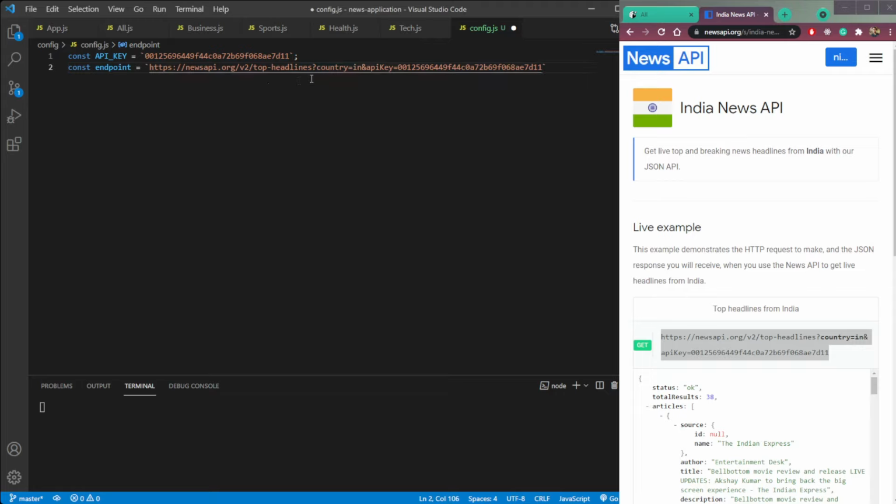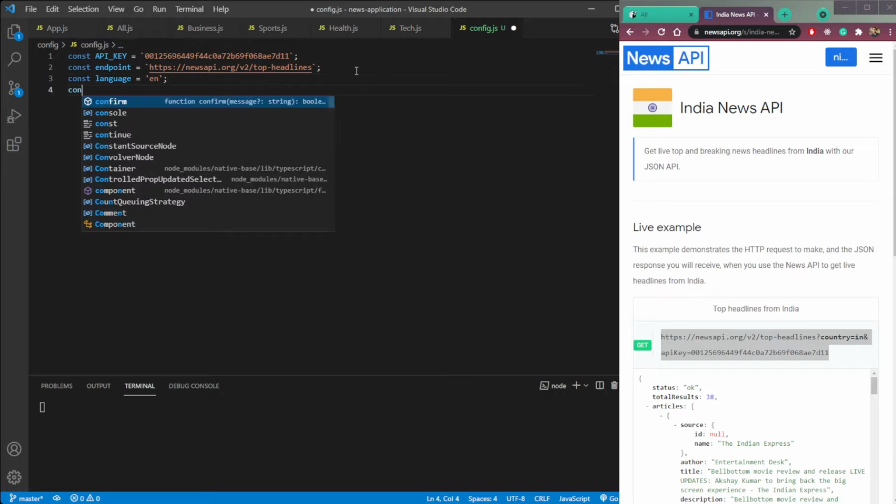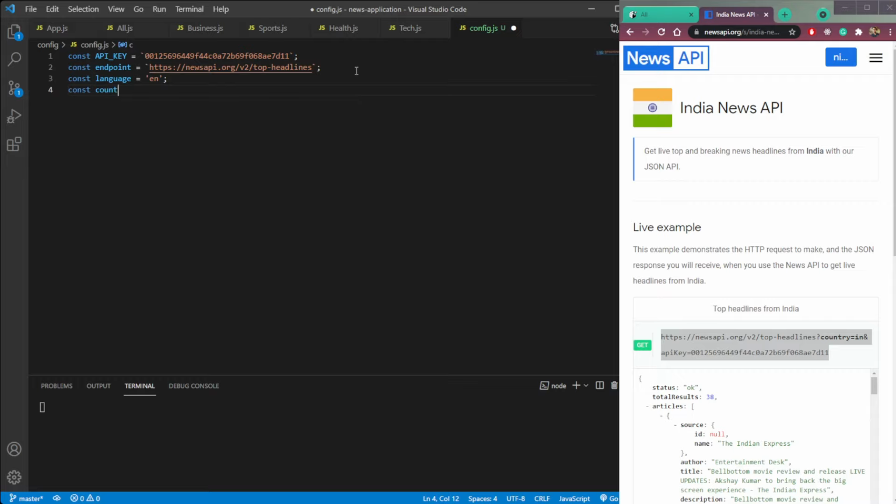We don't need country right now, so remove it. Country and API key, remove them. We just need this endpoint. Then we need a variable for language. Let's make it language, which will be EN, English. Then we need a country. So const country.